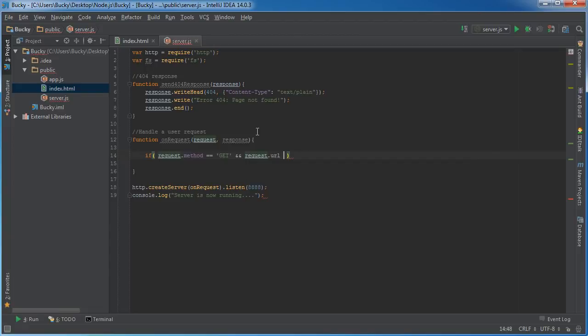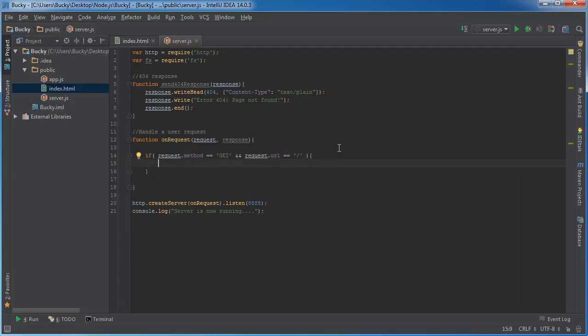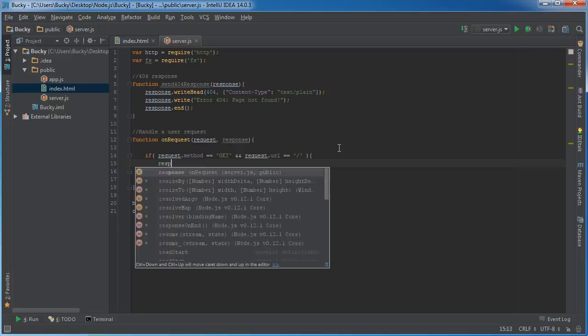So we're first going to check the request URL, and if it's equal to /, that means that they're just trying to connect to the home page. / - simple enough. So if they're trying to connect to the home page, let's just send them back that file. So response